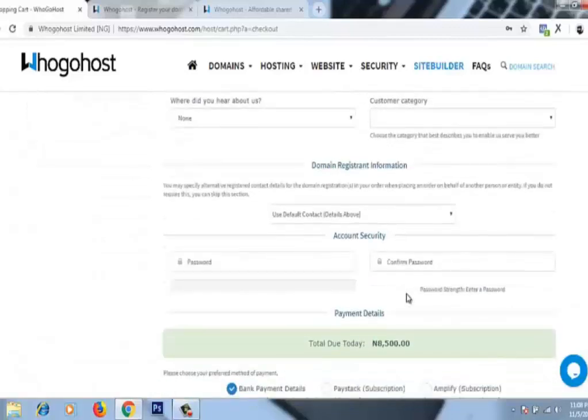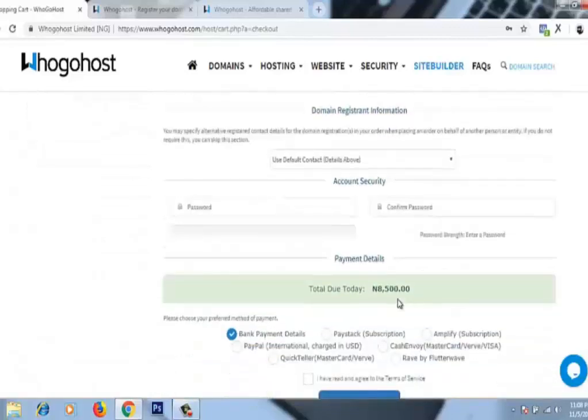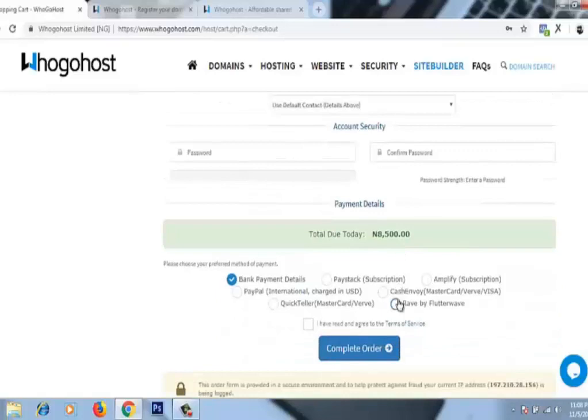Then down below here, you're going to choose your method of payment, whether it be bank details, bank payment. For those who would like to do transfer via their mobile phones, or want to pay through the bank, you can use this option. But if you want to pay with your MasterCard or your Visa or your Verve card, you have to choose any of these options.